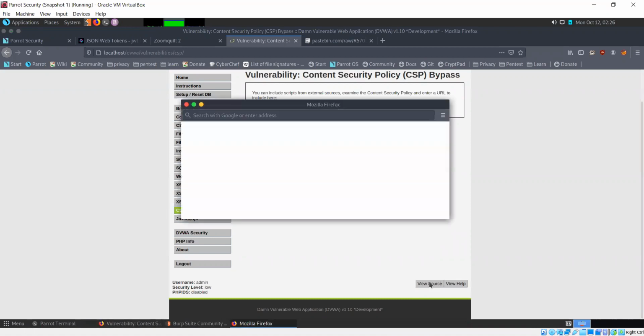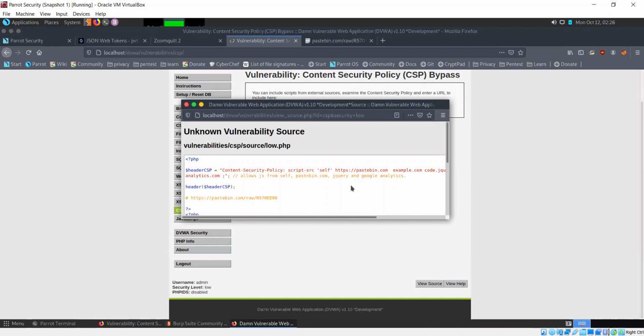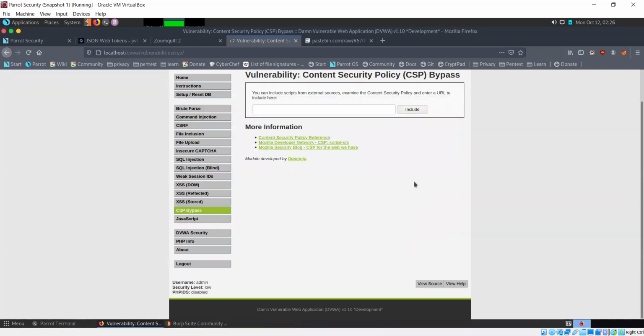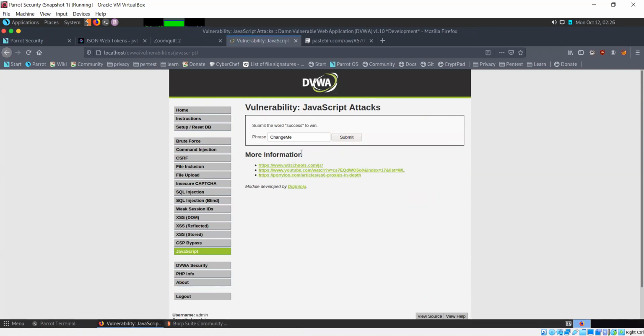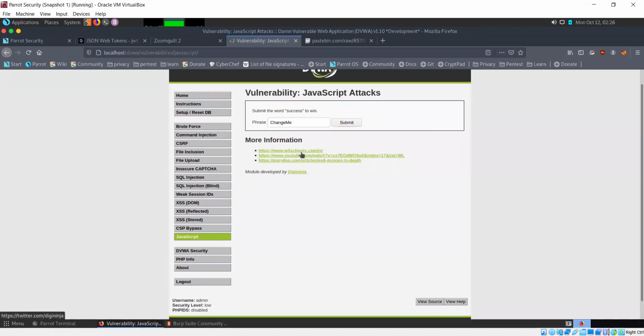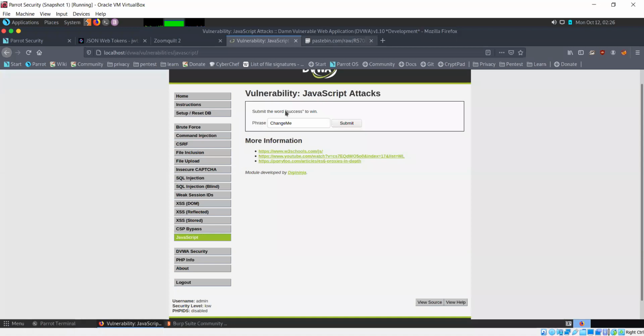And since we cannot really change the CSP itself, and there's no way to load such kind of a script from either of these websites like example or jQuery or SSL Google, we'll have to look into something else. But this DVWA, I'll see if I can change this code for it itself. Let's see what happens then. Instead, what we could look at is this JavaScript thing. But okay, I'll continue this in the next session.